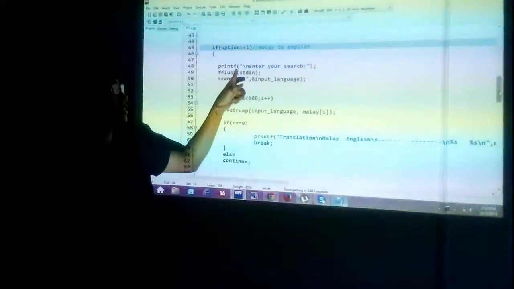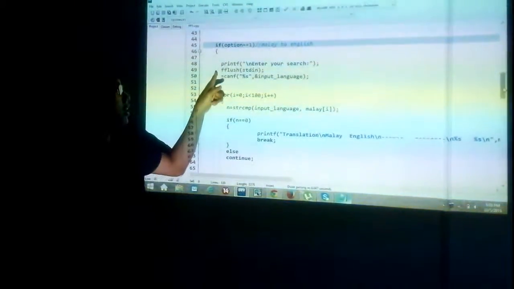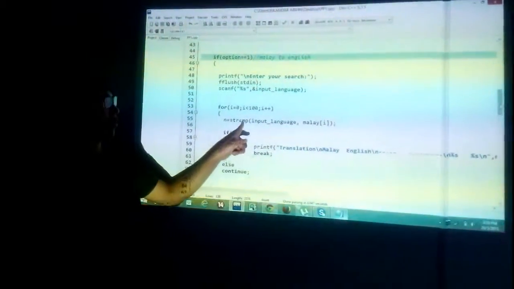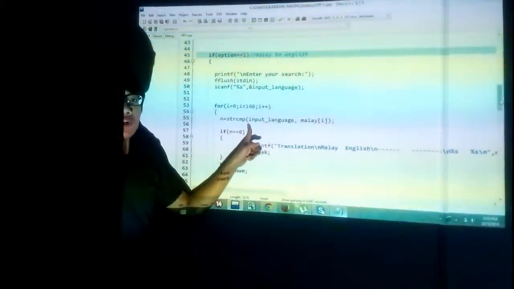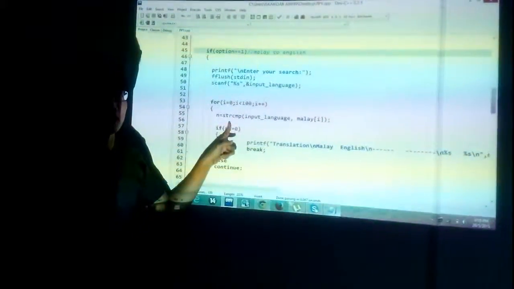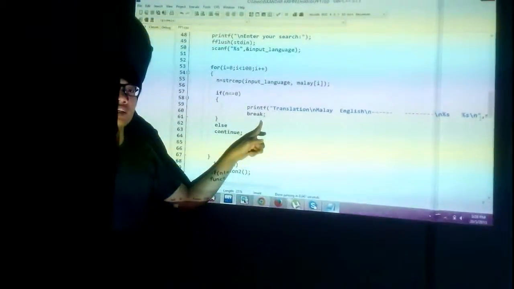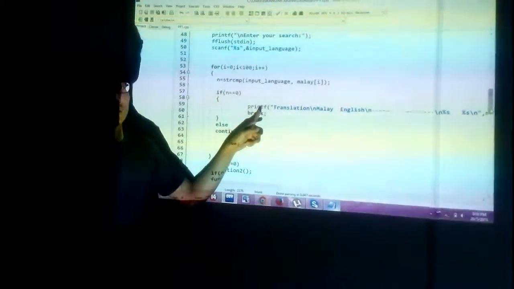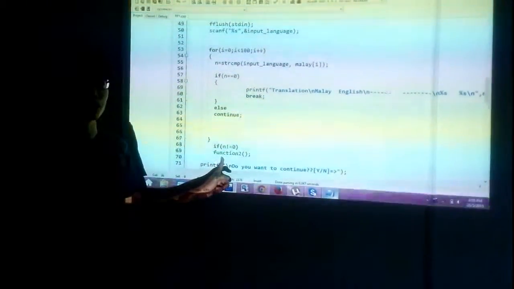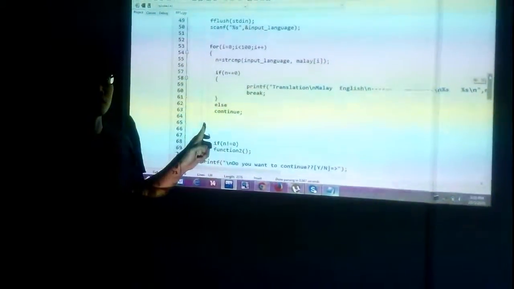If you enter your search, if you enter the word kereta, it will go into the for loop, and we compare with the memory array, and if it is found, it will print out the word car. But if the word we put is not in the memory array, it will continue and go into function 2. Function 2 will stop the